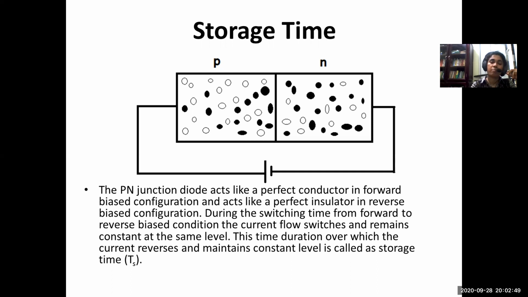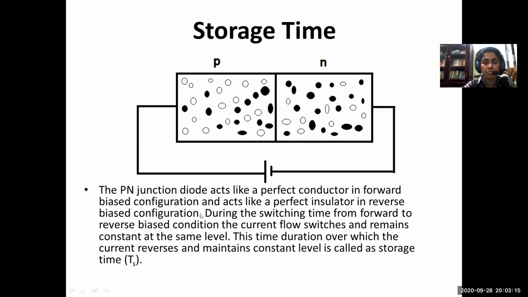Otherwise, what is going to happen is that if the data bit 0 is coming immediately after bit 1, then we will have confusion in reading it. The system will not successfully read bit 1 from bit 0, or bit 0 from bit 1. So that is the importance of this storage time when we want to use a diode for data transmission. So I will try to explain what this concept is.